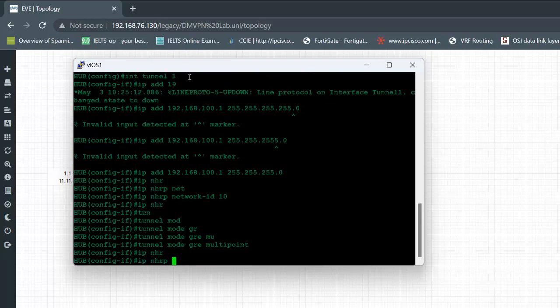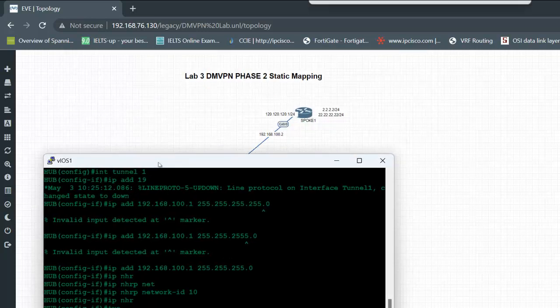IP NHRP map 192.168.100.2. What would be the NBMA address? The NBMA address would be